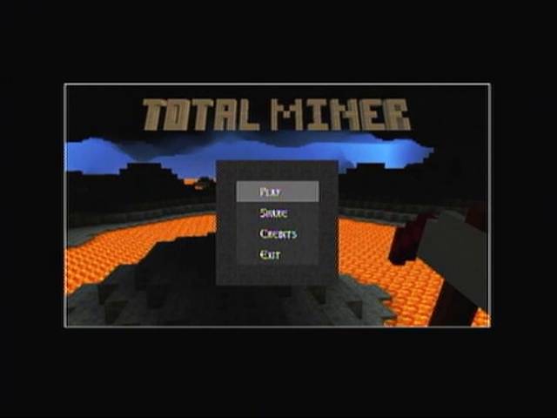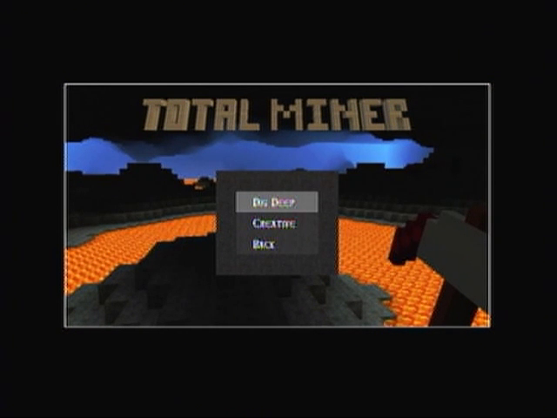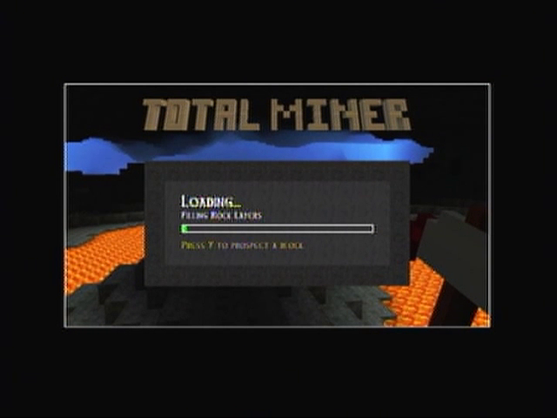So, first thing, just create a new world and dig deep. For those of you who don't know, Total Miner is an indie game on the Xbox Live Marketplace, and it's 240 Microsoft points, which is about $2 or $3. And it's a pretty good game. It's basically like Minecraft for Xbox,